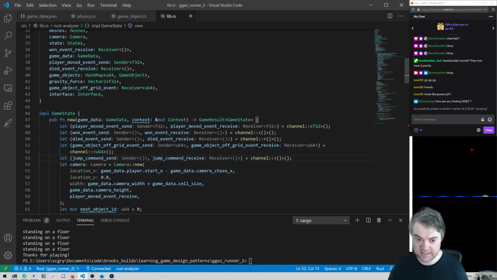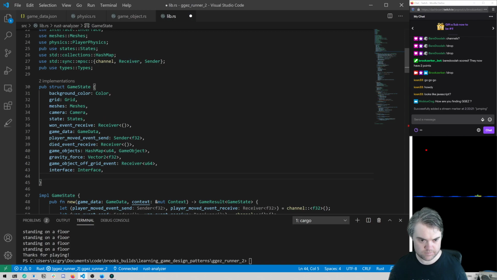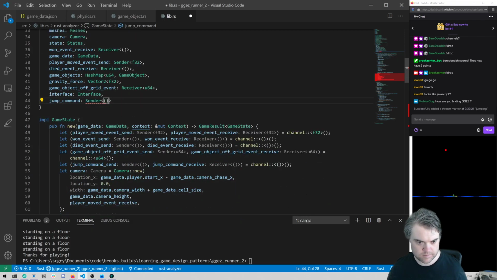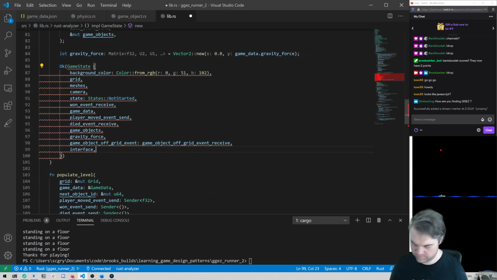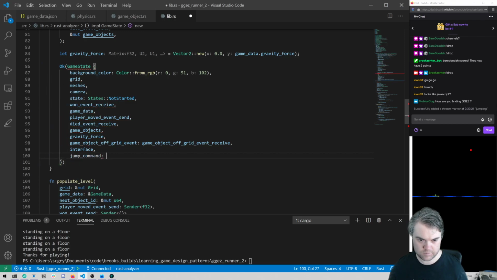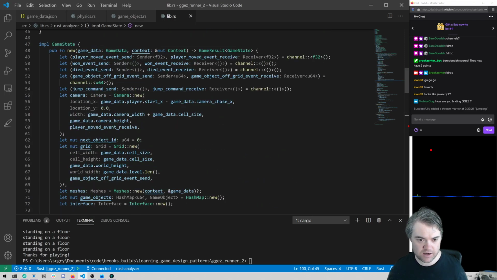Okay, so that gives us the sender and receiver for this. We're going to want to store off the sender. Okay, so we're going to store off the jump command send, and then in the meanwhile for the